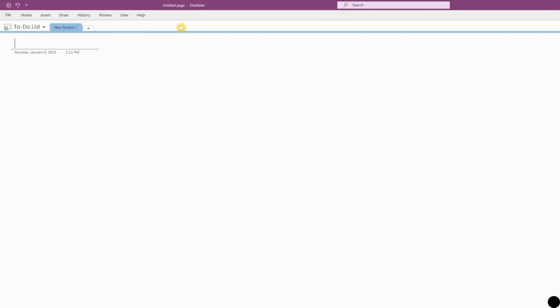Okay, so the first thing you're going to want to do is create or use an existing notebook in OneNote. I'm using an existing one. I actually just created it. It's called To-Do List, and I want to give this a to-do list template so I don't have to make everything myself. And the first thing you're going to want to do is click Insert,